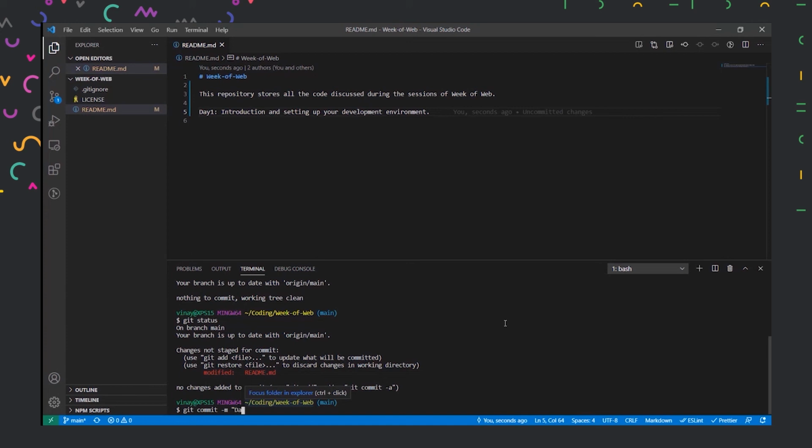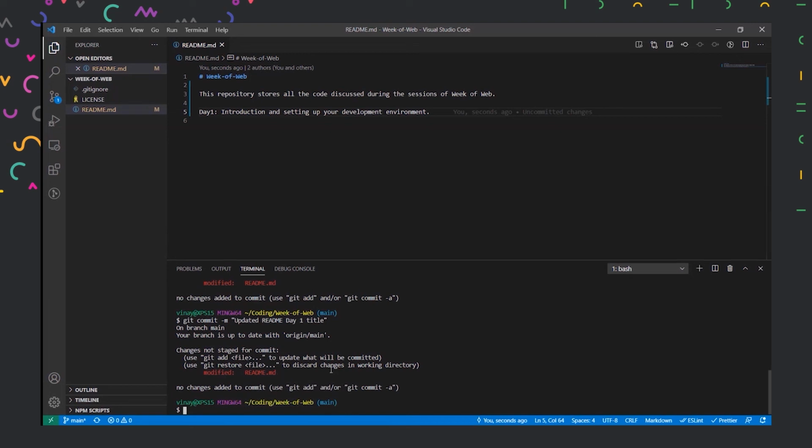I'll type day one title over here. You could say updated readme file, because there can be more than one file updated. So updated readme file with day one title. And on typing enter, I see that these changes have been staged.